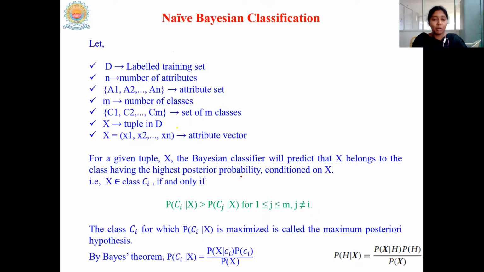Here is an example, we have already seen that. And these are some notations. I told you there are M classes, right? M number of classes we are having in our example. And this is the ultimate condition to satisfy, to say the tuple X belongs to the class Ci. For this, we need to calculate P of Ci by X for every class, because our goal is to prove that P of Ci by X is greater than that of all the remaining classes. So in order to prove that,